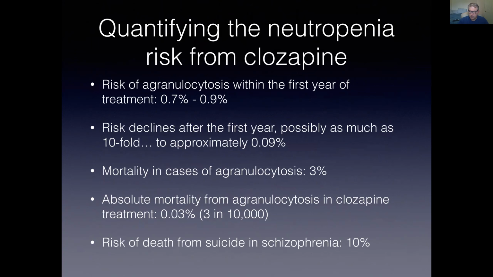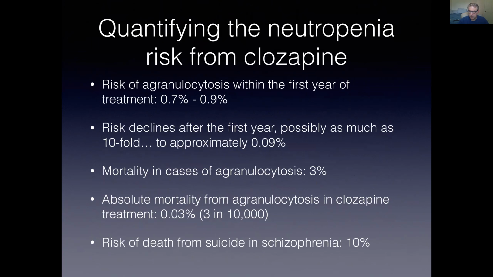And if a person winds up experiencing agranulocytosis, the risk of that person dying from that complication is about 3 in 100. So if you multiply a 3% risk of mortality from agranulocytosis by an actual risk of agranulocytosis of, say, 1%, then you wind up with an absolute mortality risk of about 3 in 10,000, which isn't a